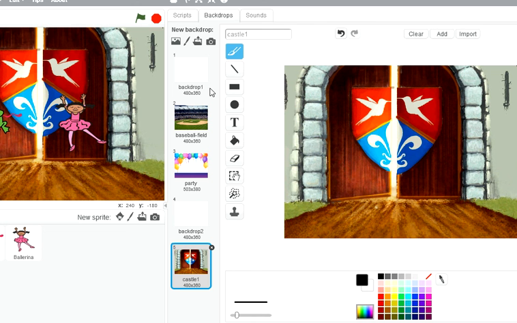These are the various backdrops. Okay, so see, if you want to go to the script area, just click on script, then it will be changed. See here,